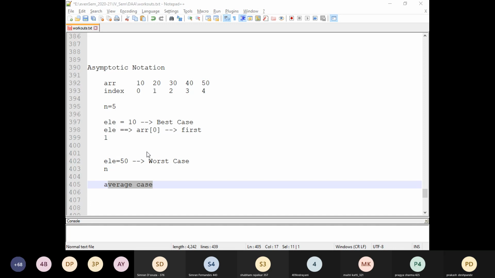Okay, now asymptotically, we can represent this best case, worst case and average case with mathematical notations. We call them big O notation, omega notation and theta notation respectively. The big O notation indicates the upper bound. Upper bound means the worst case scenarios. The worst case scenarios are considered to be big O. Big O actually is what? An O written in a capital letter.